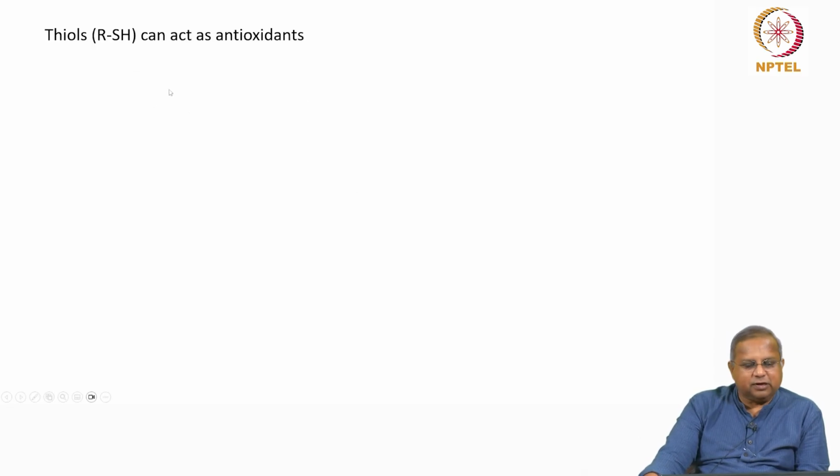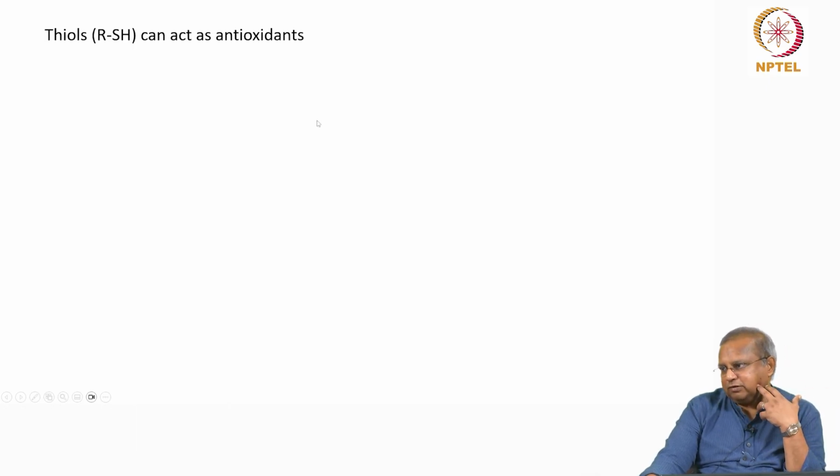Thiols. Okay, thiols are nothing but RSH. The R could be anything, and SH. These act as good antioxidants. If R is H, what is it? If R is H, what do you get? HSH. What is that? What do you know it as? Very common something. H2S. Hydrogen sulfide. The one that causes the rotten egg smell